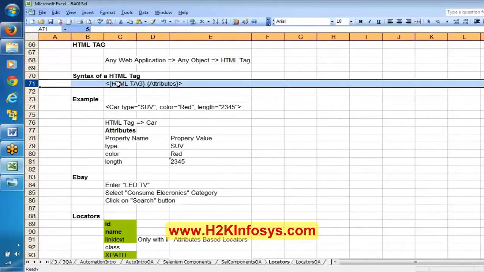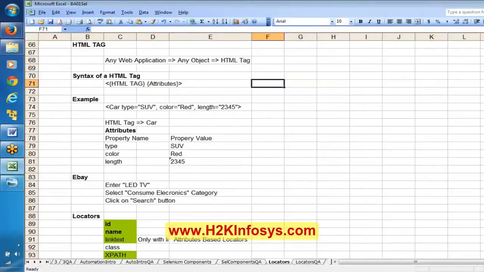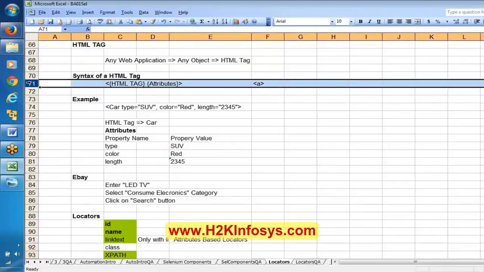In these attributes, if you can see ID, we will use this ID. If ID is not available, say name is available, we can take name. Say name is not there, in that case we will check whether it is a link or not. How can we check? If the HTML tag is A, we can conclude that it is a link. If it is not a link, then we'll build the XPath based on this structure, based on this HTML tag and attributes.